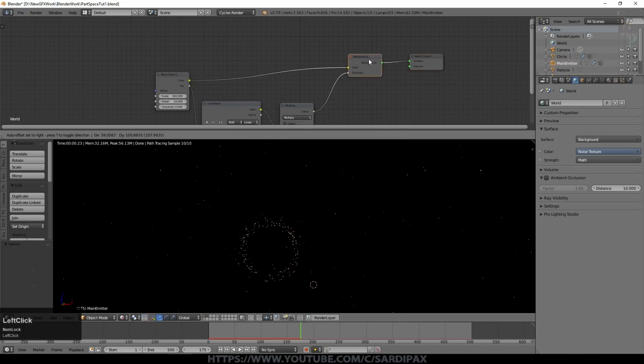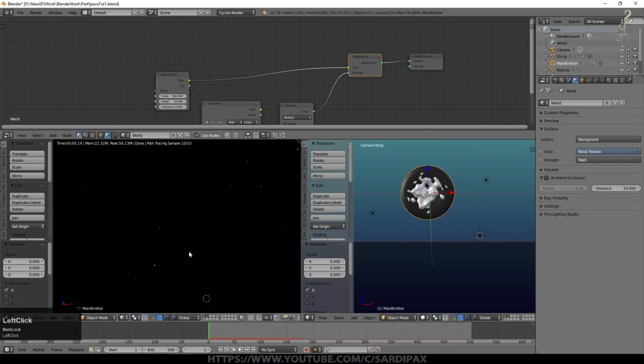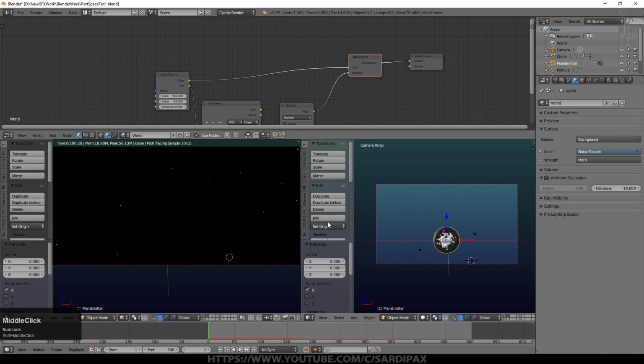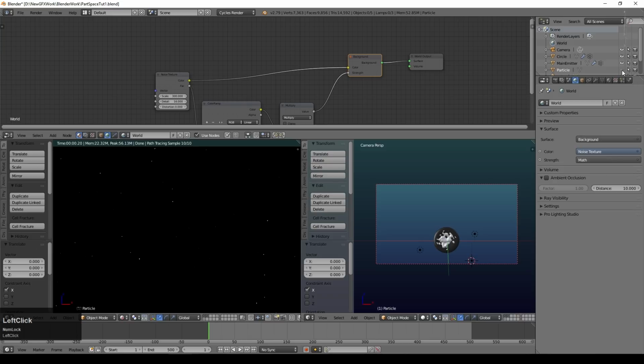So one of the strange things I have noticed is occasionally you'll get stars rendered where there shouldn't be any. So for example, if I open another window and we look through the camera view for both of these, this is what the camera is seeing right now. So we know if I started emitting particles, there is our object just in there. But we can actually see stars in there. If I turn the particle visibility off, there are still stars there. And I guess this is just a bug, but there is a workaround.